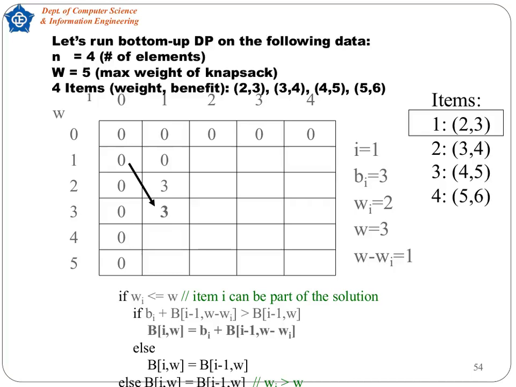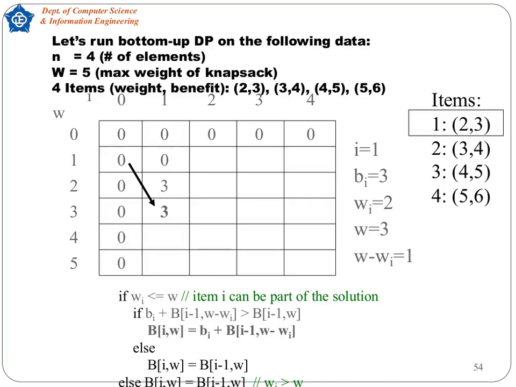Capacity 3: excluding leaves us with B[0,3] equals 0. Including gives 3 plus B[0,1] equals 3, so we record 3 again. Capacities 4 and 5: the same logic applies, since B[0,2] is still 0, including item 1 continues to give